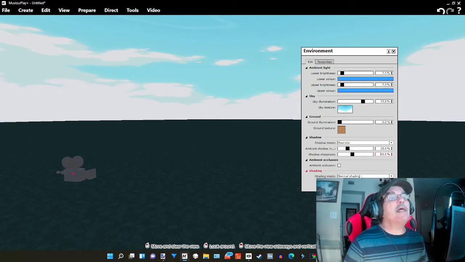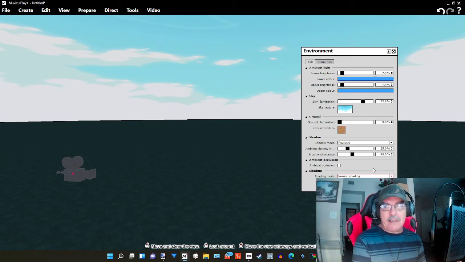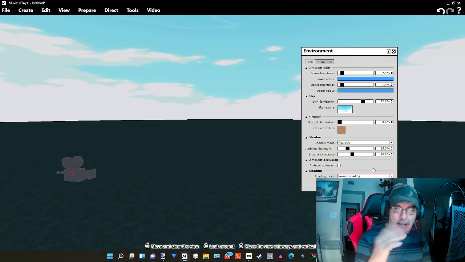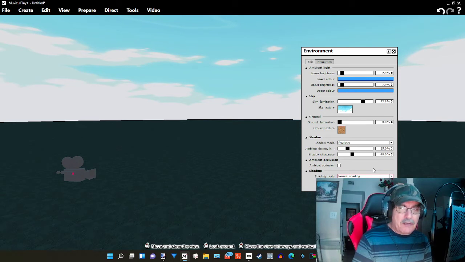Now, here in shading, we got two different kinds. We have the normal shading, which we have now, and we have the tune shading. But if you use the tune shading and click on it, it's going to take a little bit to reset itself, and everything will be in tune mode. But when you use that tune mode,